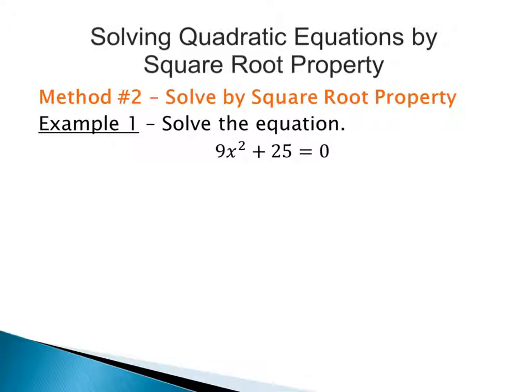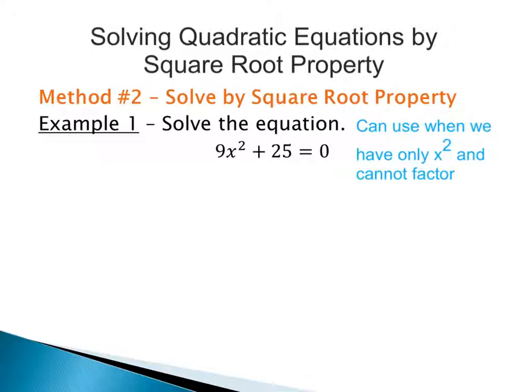What we have here would be when we don't have a middle term bx, when we're given ax squared plus bx plus c equals 0. Essentially, we only have one x, and that x is being squared. So if you have something that's squared, we cannot factor it because we have a sum of two squares, not a difference of two squares.